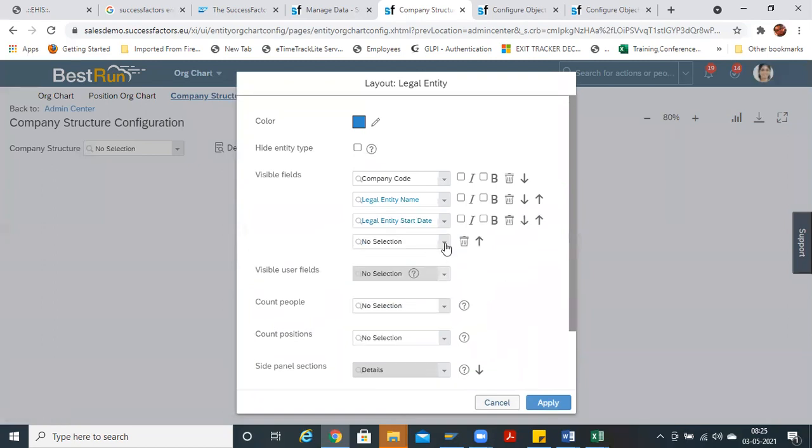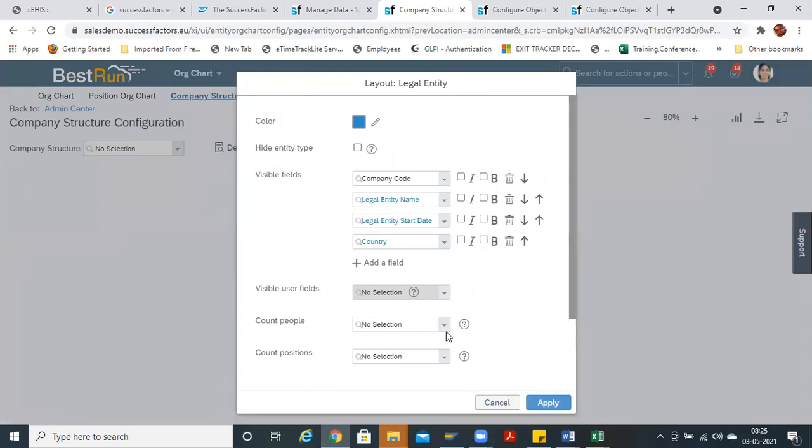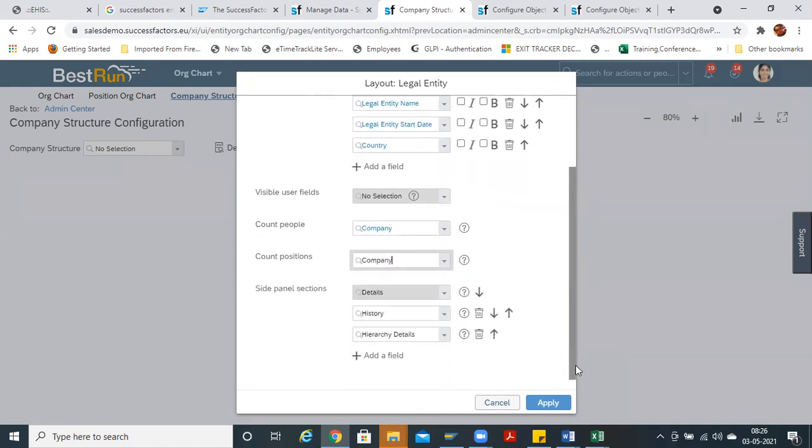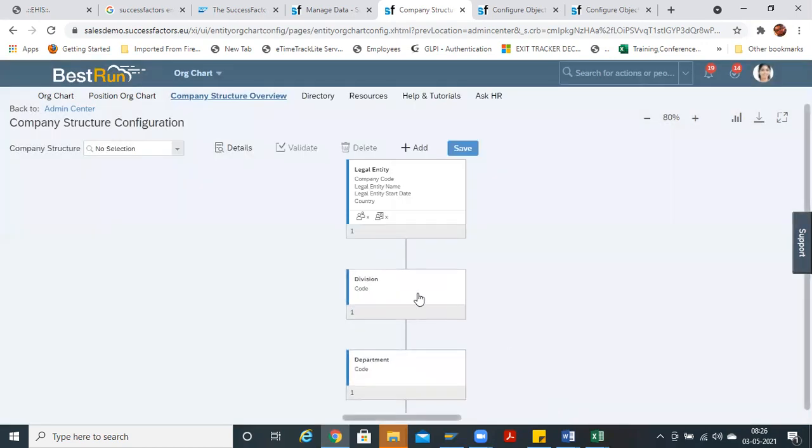If you want another field like, say, which country it is, you can just customize it. Count of people with company, if you want to show the count of people and what positions are occupied in this, then you can just save it.